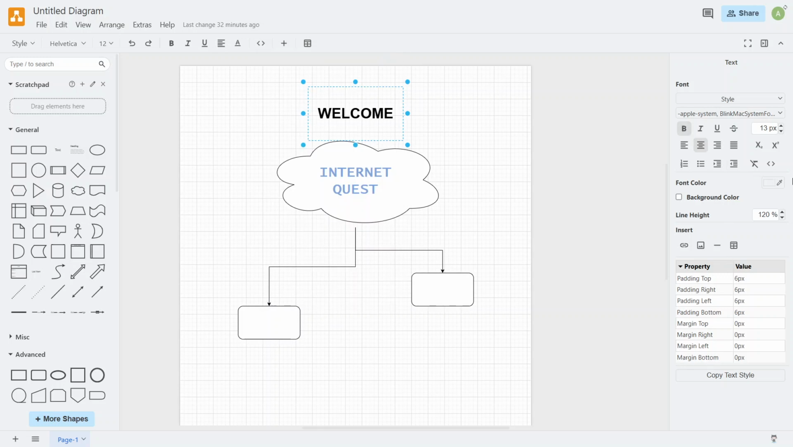As you make these changes, keep an eye on the diagram so you can immediately see how the text looks in context. That helps you make sure the formatting is both readable and visually consistent with the rest of your design. And that's it. That's how to edit text on Draw.io. Once you know where the Format panel is and how to use the text options, making updates becomes quick and